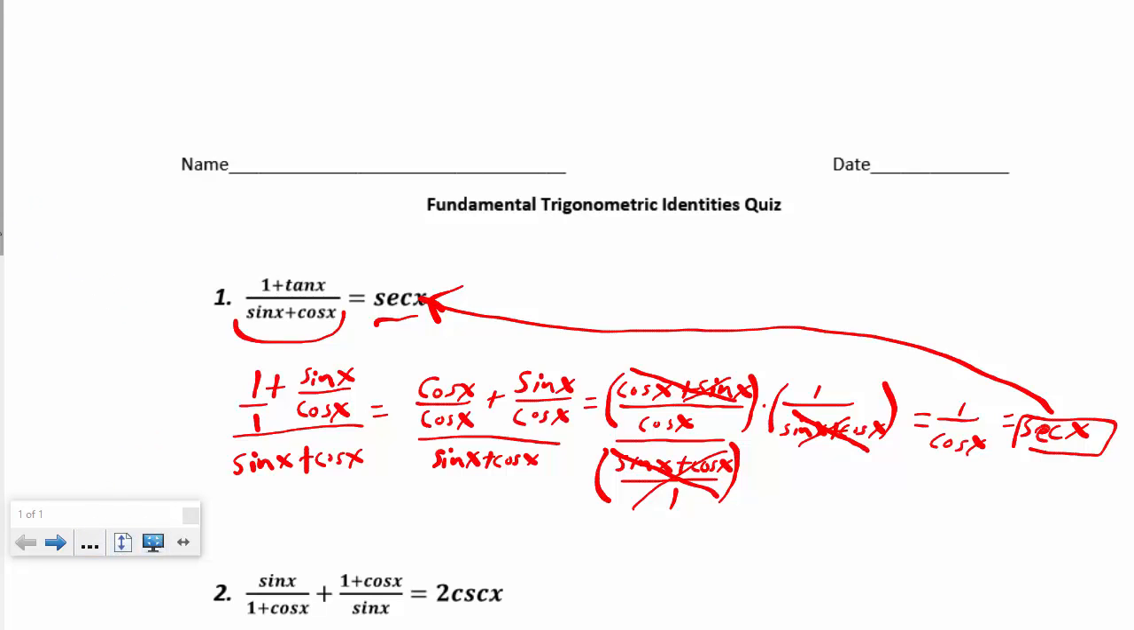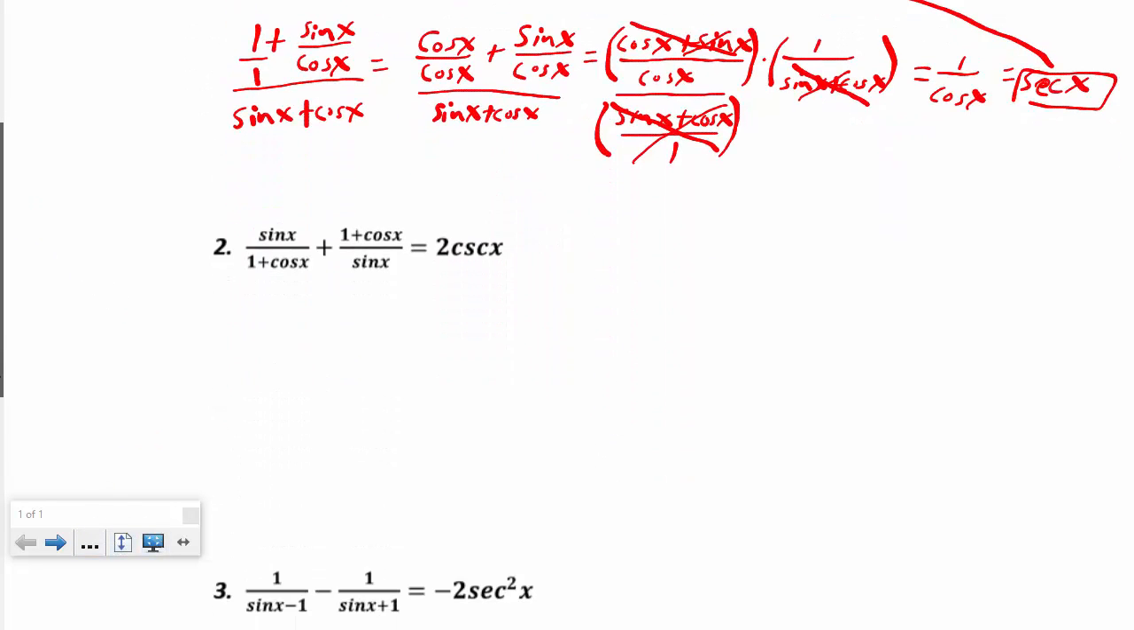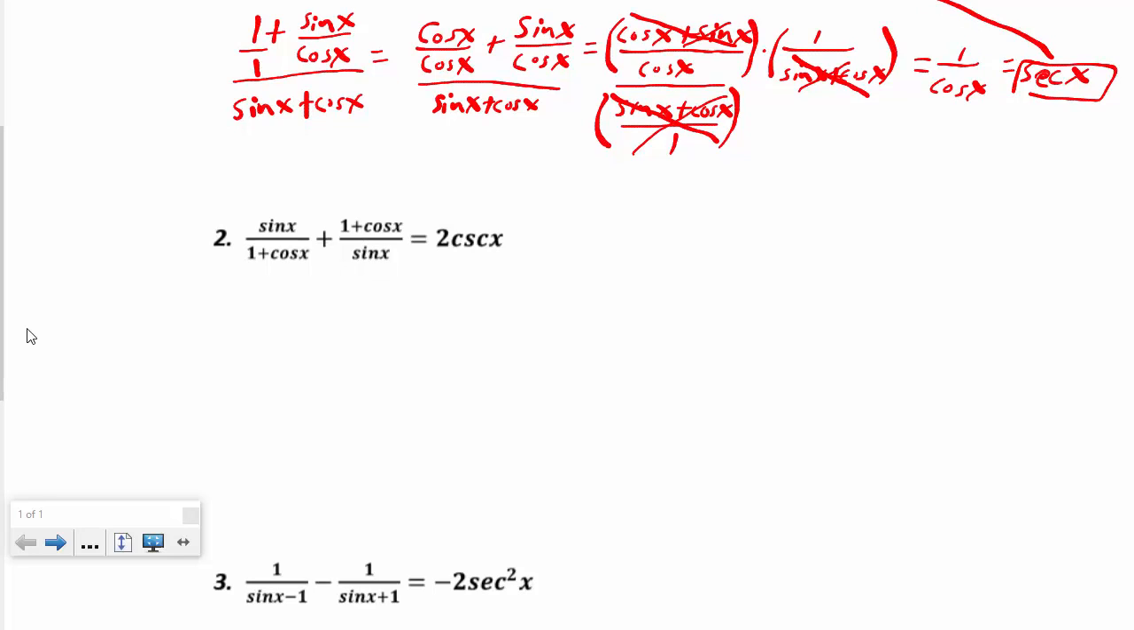So we're going to come over here, scroll down, and keep working on this. We have number 2. Let's take a look at this. Again, we have two fractions. I would like a common denominator typically to get this started. So I'm going to multiply the top and the bottom of this fraction by, let's see,